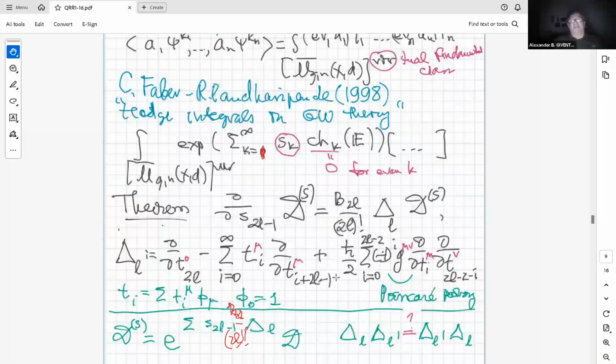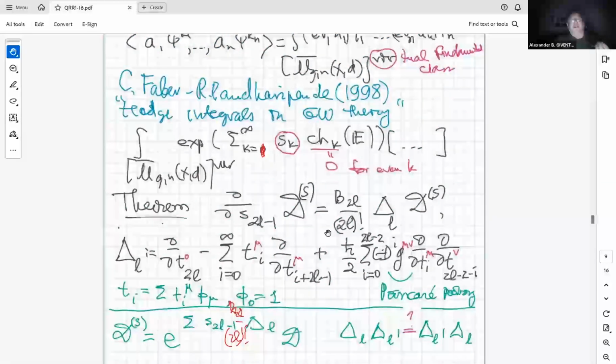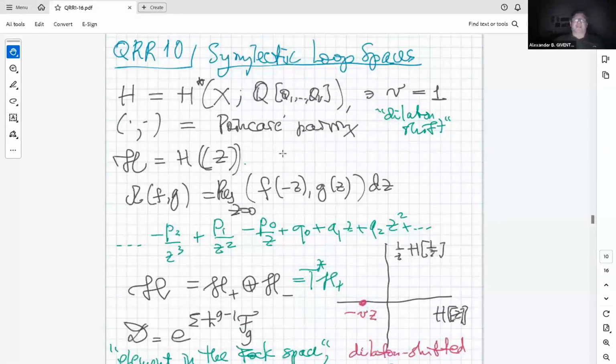It turns out that, from my point of view, the importance of this theorem is that it's very suggestive of a very simple formalism that we'll discuss next time. It's a symplectic loop space formalism, which is some kind of language, some notation, into which all identities between generating functions in Gromov-Witten theory fit nicely. In particular, this theorem of Faber and Pandharipande becomes very simple to formulate,